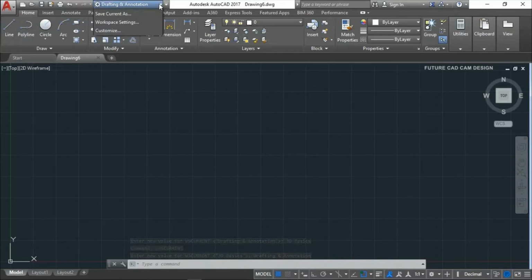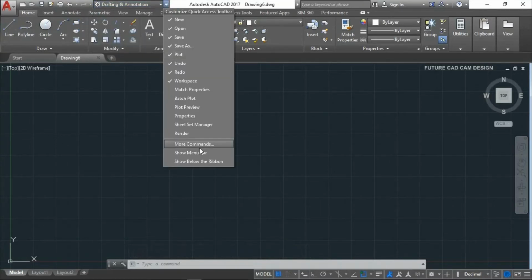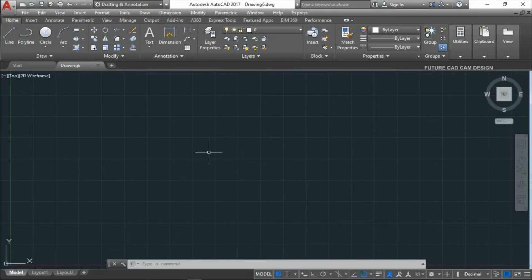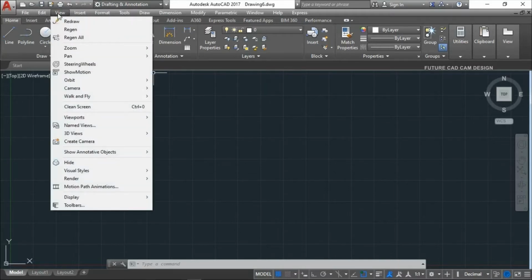Next, if you click this arrow mark, we have one more option called Show Menu Bar. If I click this option, you can view all the tools which are available in AutoCAD. For example, here if I click View, the tools related to View are shown.